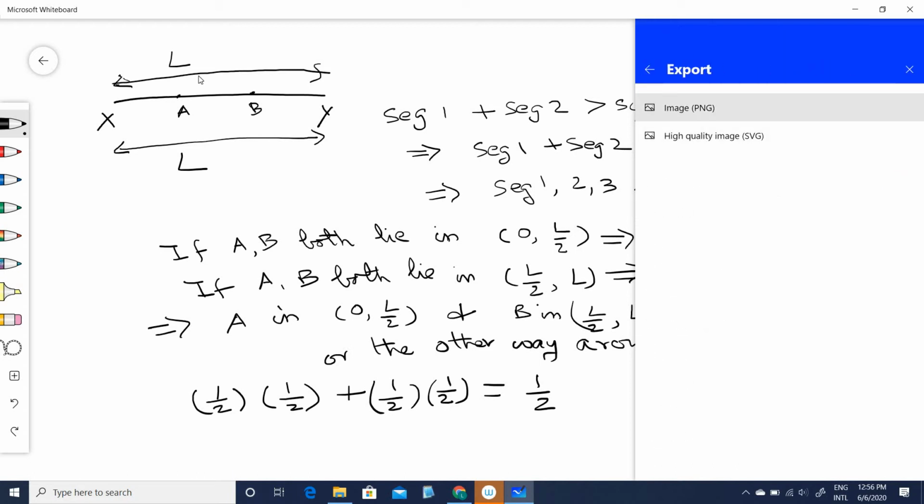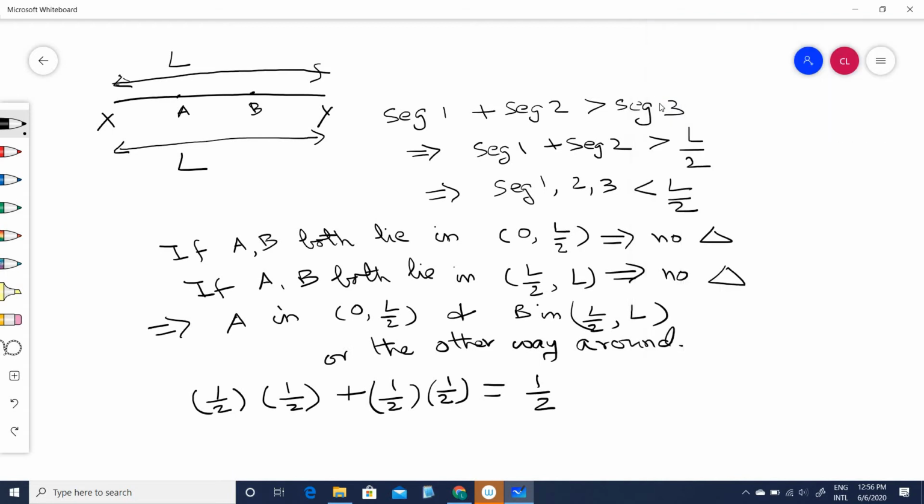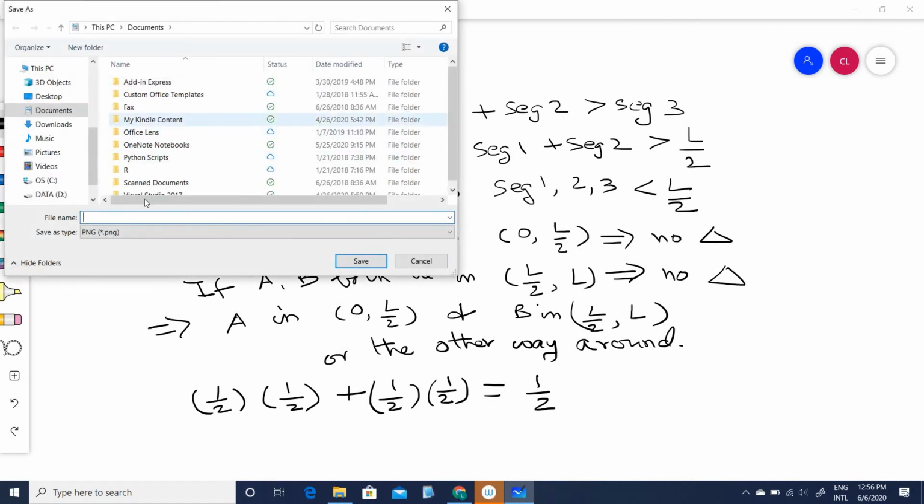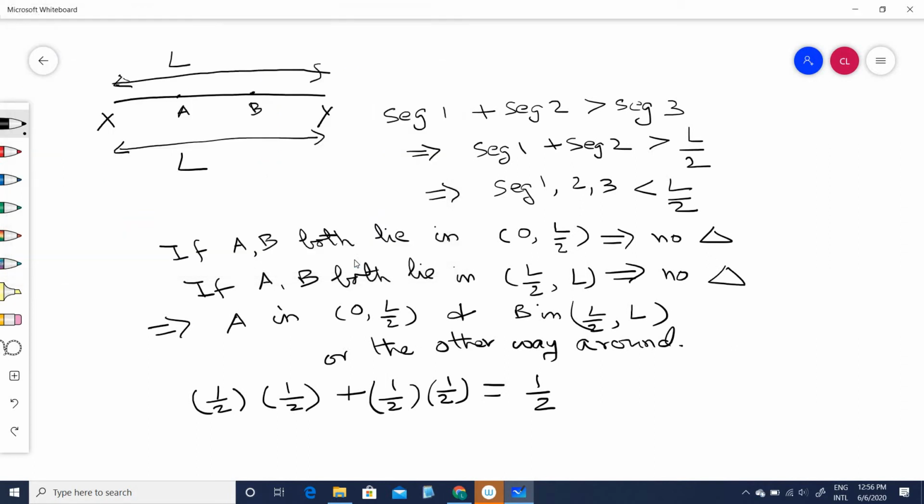Okay, I'll save it as a high quality image. Okay, not a high quality, a regular image I have saved it as, and I will just give it a name, 1. Okay, it's in my documents. Okay, now having done this, let me now, is there a way I can go on